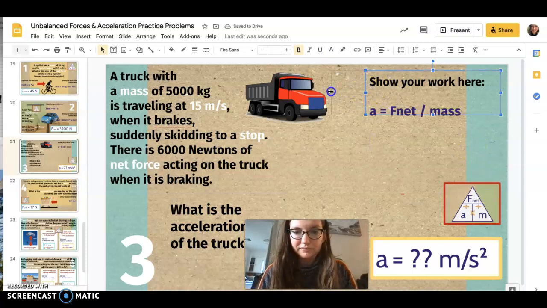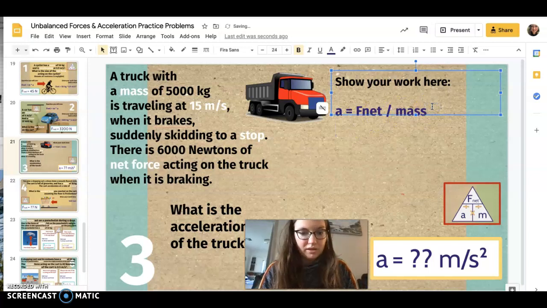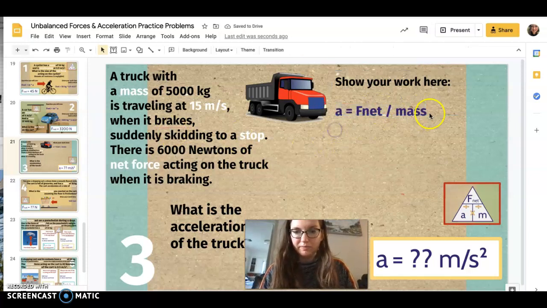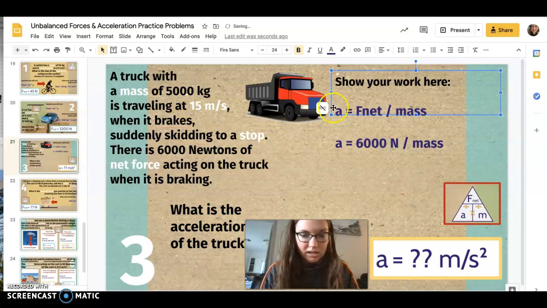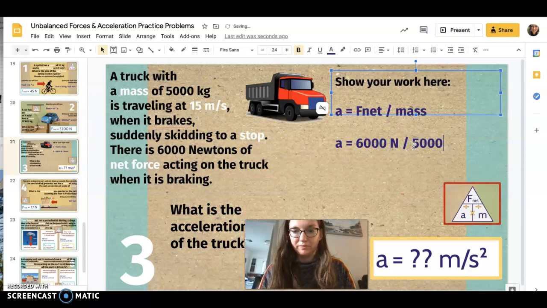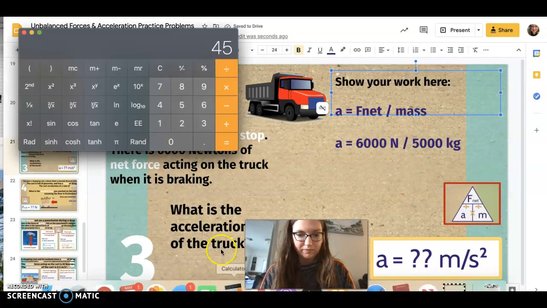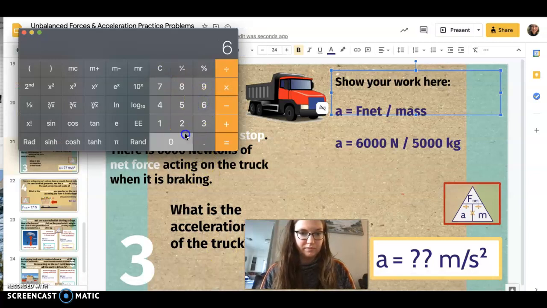So the net force acting on the truck is 6,000 newtons. I'm going to copy and paste this, and then I'll just fill it in. Okay, so F net is 6,000 newtons, and the mass is 5,000 kilograms. So, easy peasy, I'm just going to do 6,000 divided by 5,000. Okay, so 1.2